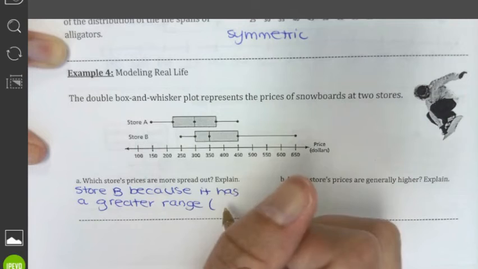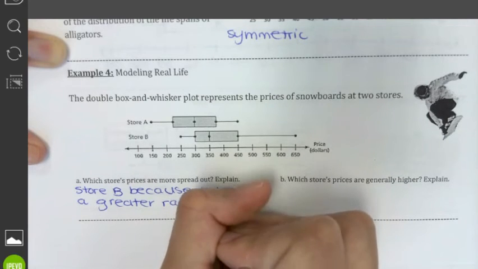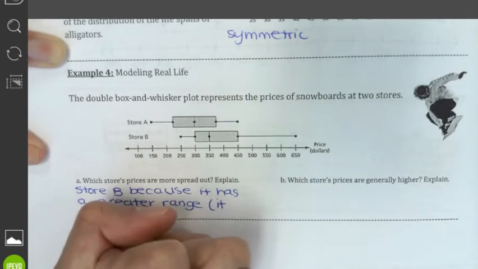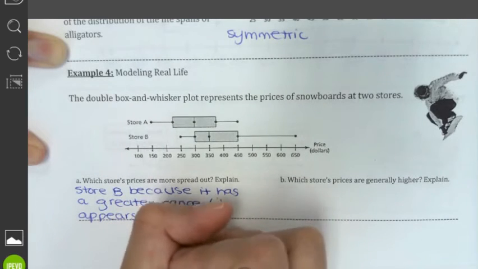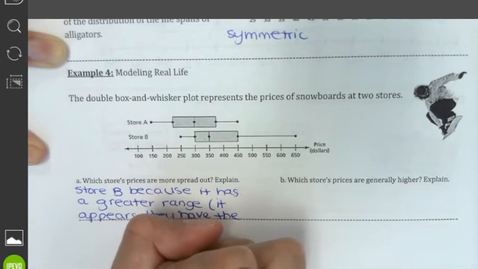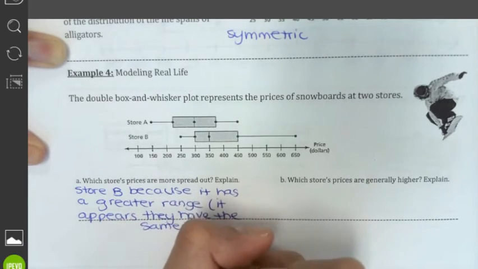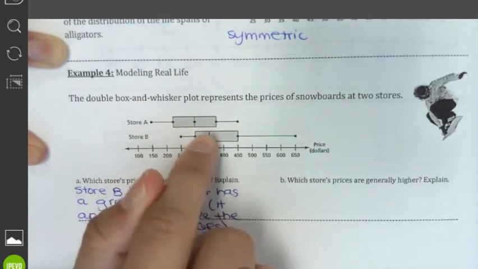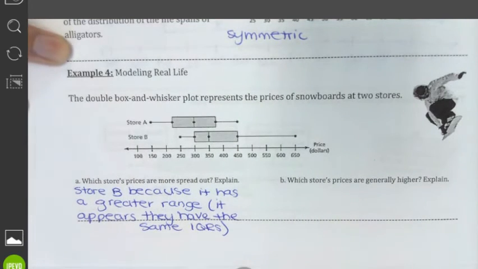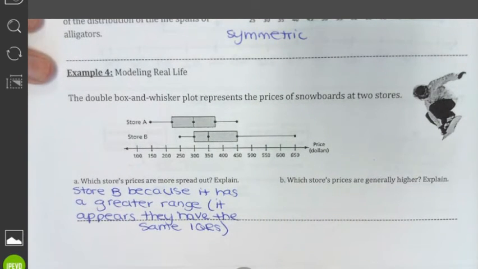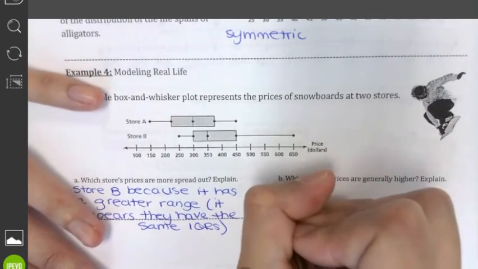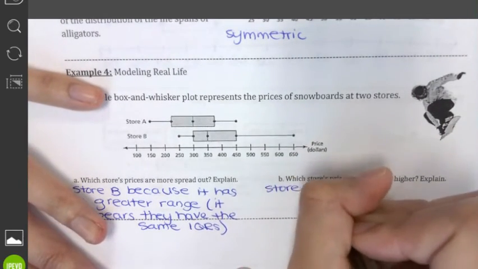And I'm just going to put in parentheses that it appears they have the same IQRs. So those are spread out equally. It's the whiskers where they're more spread out. And part B, which store's prices are generally higher? So I'm going to say, in general, store B has higher prices